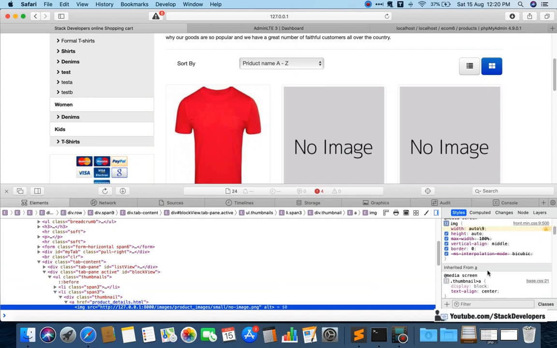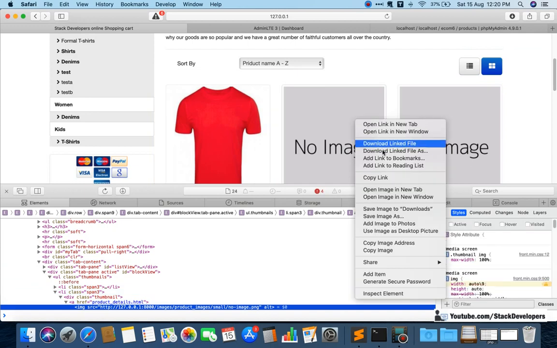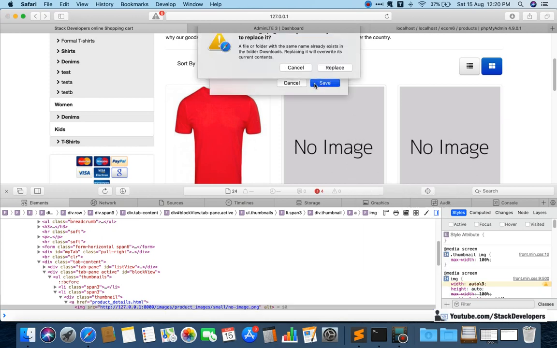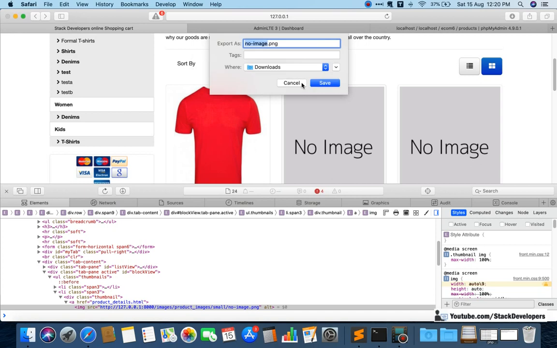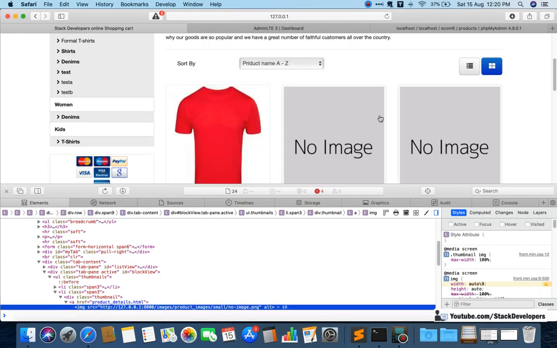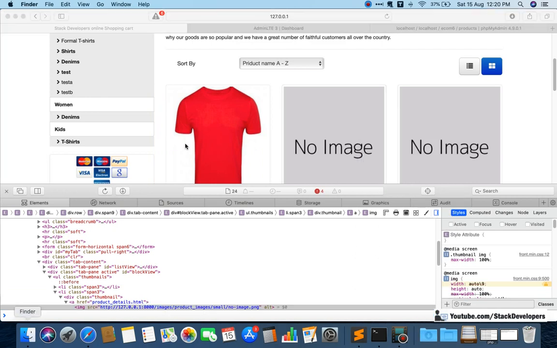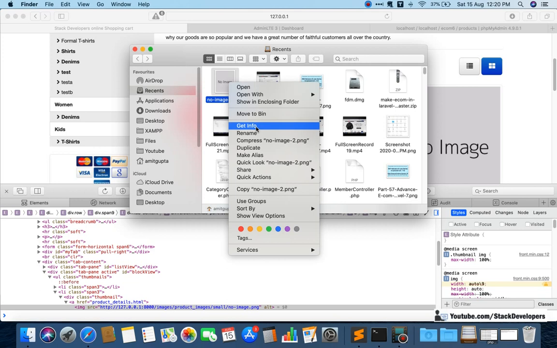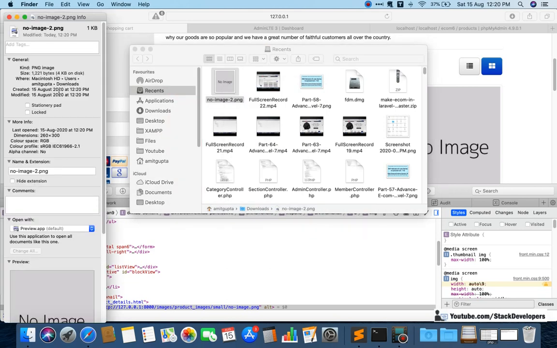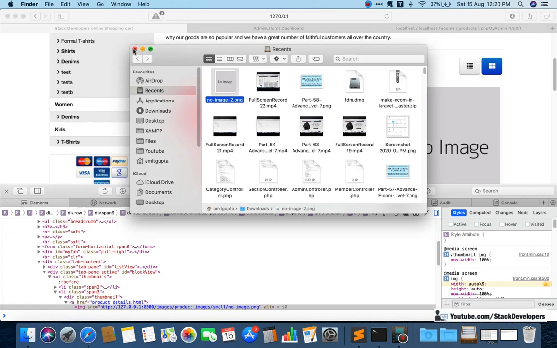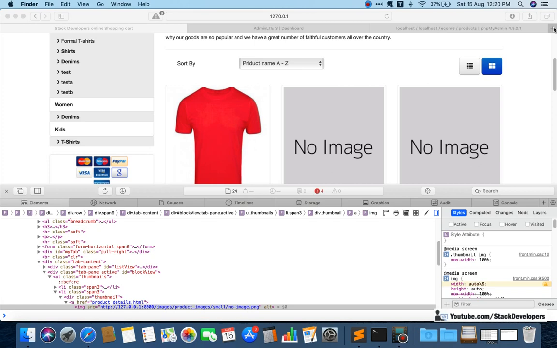We can also download this one, save images. Its size is 260 into 300. So 260 into 300 means 520 into 600.